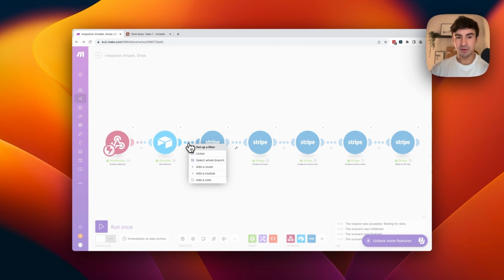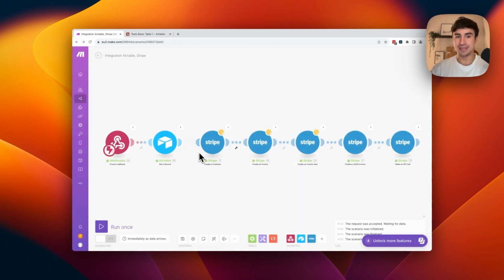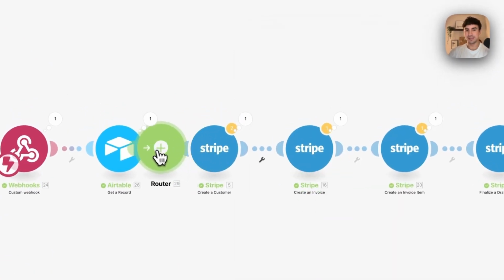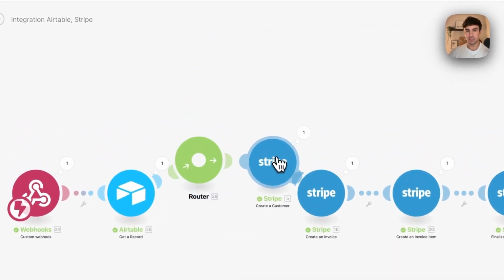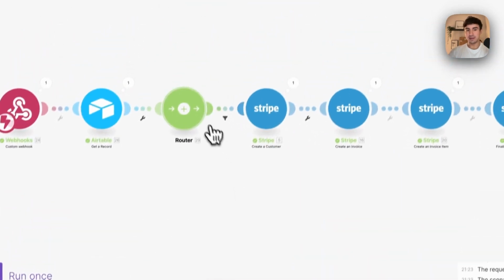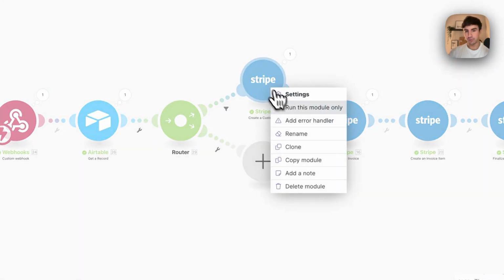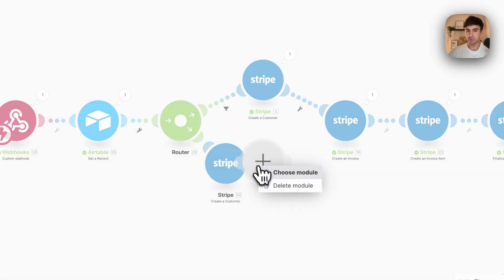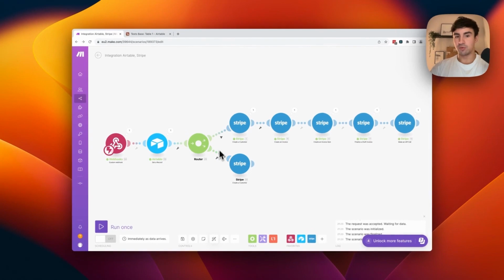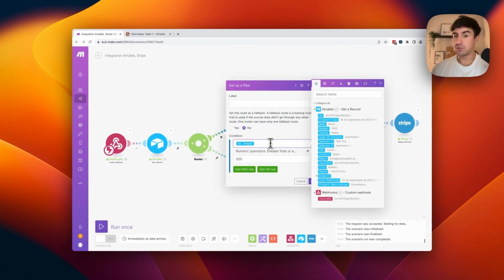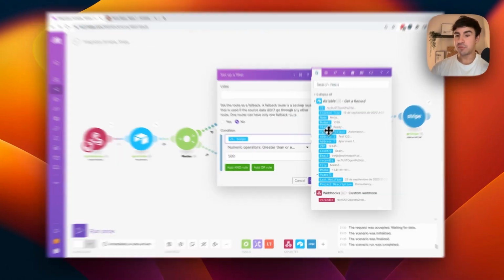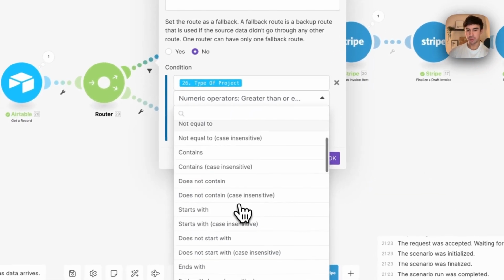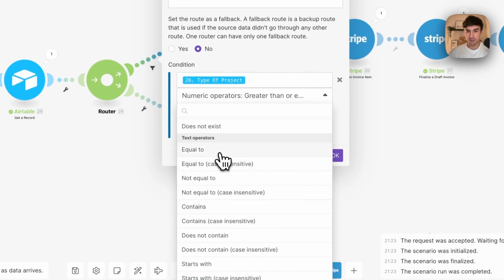So let's separate this for a second. Let's unlink this. And now let's go to flow control, router, and let's set up a router here, okay? So this is going to be like this. And let's align. So we're going to create another path, and we're going to duplicate this one. So just for you to see that this actually works, we're going to delete this one, and we're going to align. So the filter that we're going to use in this case is if type of project equals, and it's going to be a text operator right now. So if type of project text operator equals to